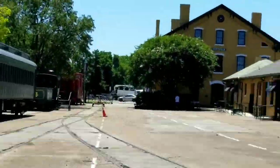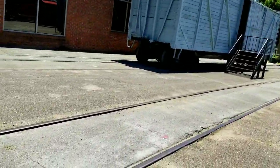Right there are some overpasses over all the tracks here, because there are quite a few tracks. Even still, there's quite a few active tracks there. Not sure what this line was for. I think it was for an access road, because you can see they lead to that fence over there, which is a gate actually. But here we have a boxcar